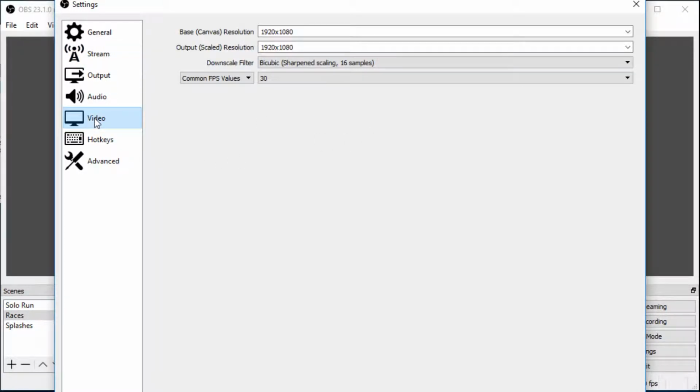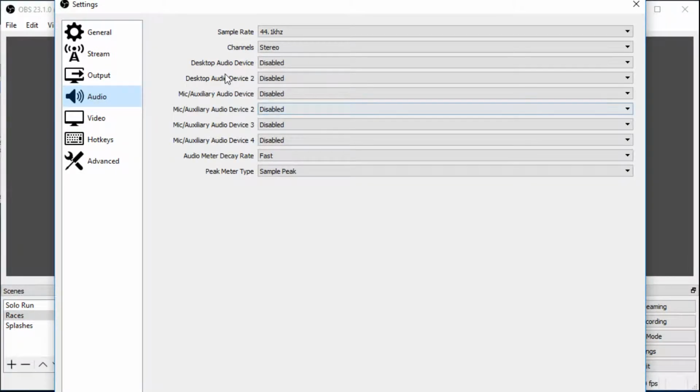Next, go to your video output and make sure that both the canvas and scaled resolution are set for 1920 by 1080p. FPS can be set to 30, that should be fine. Audio, make sure you have your audio settings set up. You're going to want to have the desktop audio device enabled, or however you normally capture desktop audio. Make sure your mic is also set up, though you may not use it during your restream shift. We may need you to make an announcement or something to the audience, so just have it enabled but muted